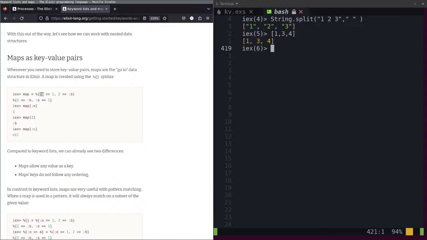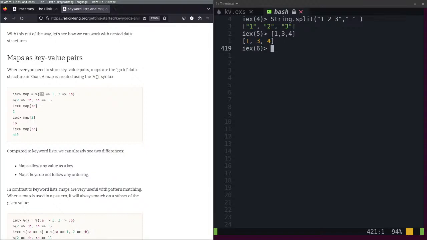Atom. Percent sign calibrations. Atom. What an atom is. An atom is basically a data type in Elixir and other languages like Erlang.